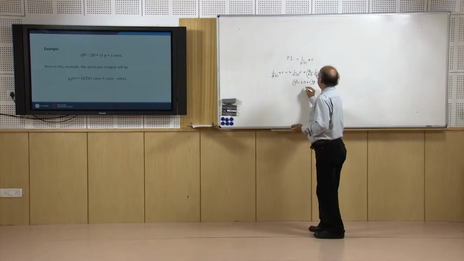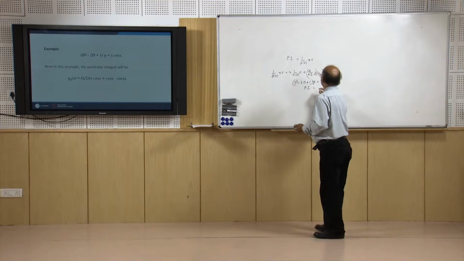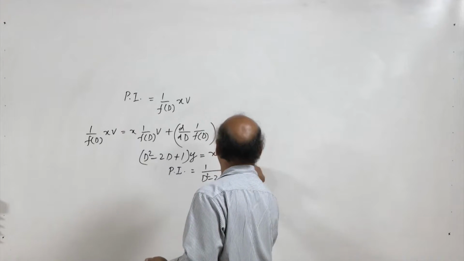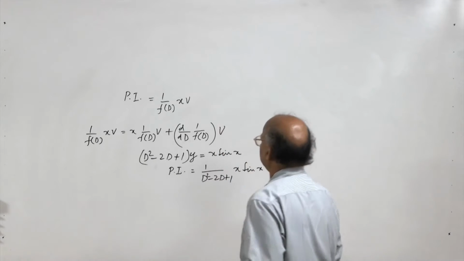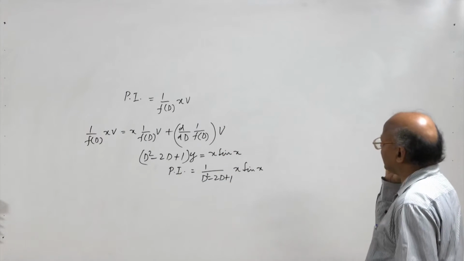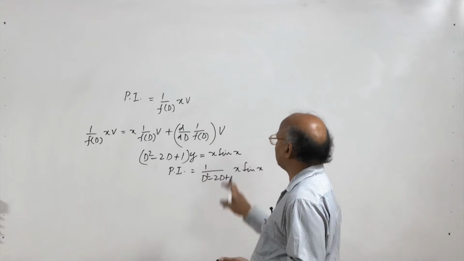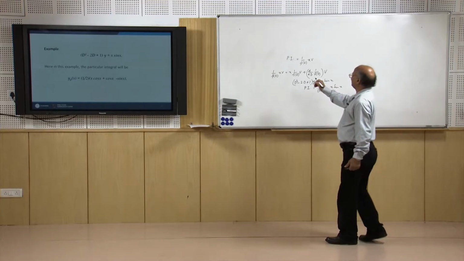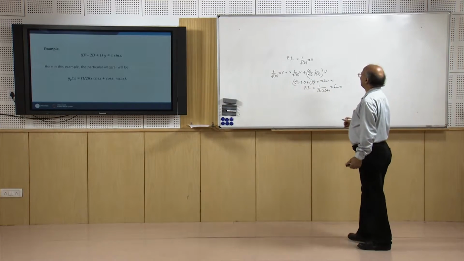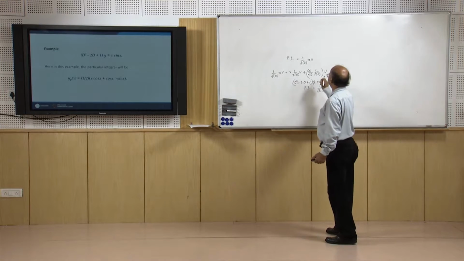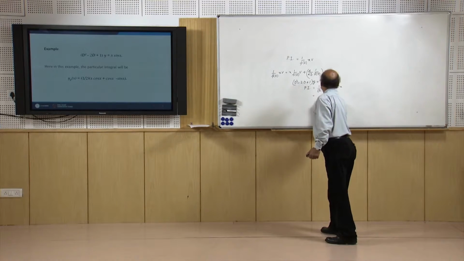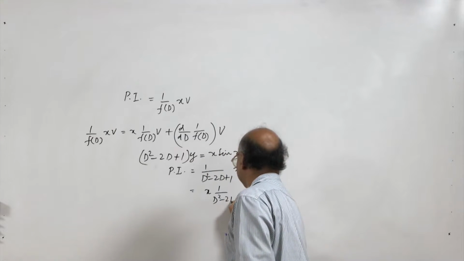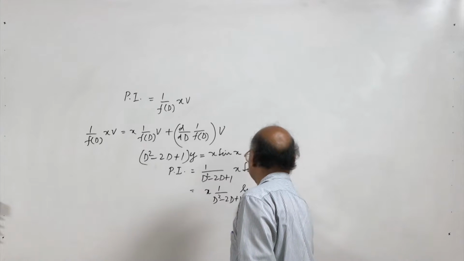So, here let us find the particular integral. 1 over D squared minus 2D plus 1 operating on x sin x. This is a second order non-homogeneous linear differential equation where R(x) is x sin x, so it is of the form x into V, where V is sin x. Now, applying the formula 1 over f(D) operating on xV equals x times 1 over f(D) V plus d over dD of 1 over f(D) V, we can write this as x times 1 over D squared minus 2D plus 1 sin x,